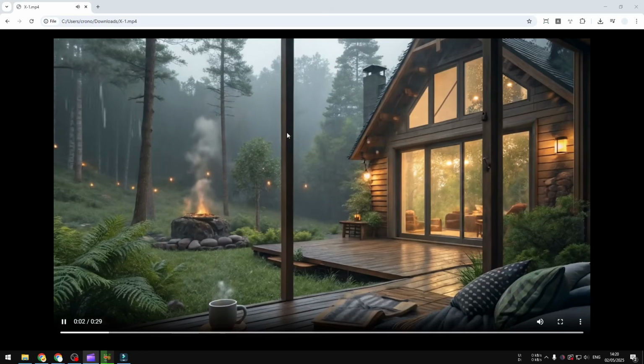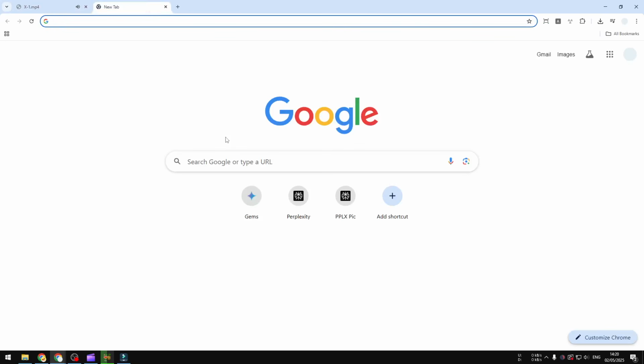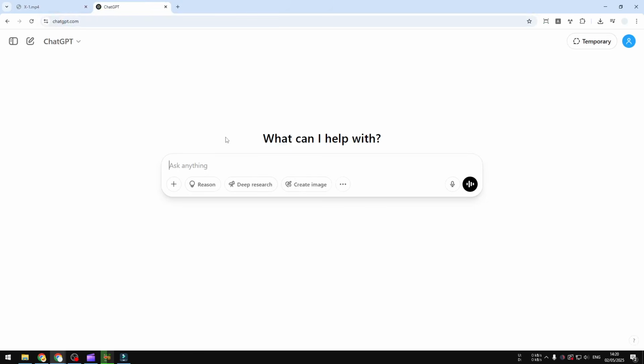So here's how you can do it. First, you have to go to chatgpt.com, and then here we want to use ChatGPT to generate a prompt that later we can use to generate the first picture of the video. So I want you to use this